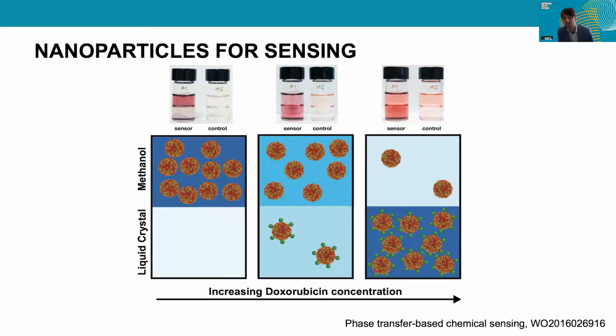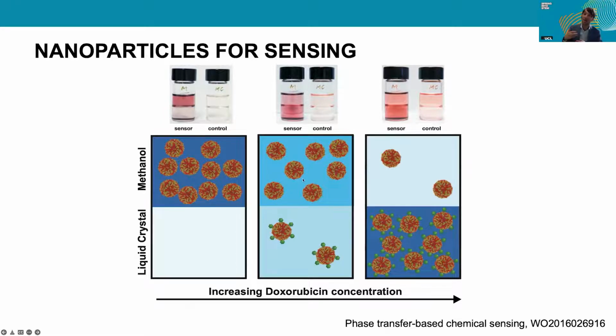We were designing nanoparticles that, when they had none of that drug, in this case doxorubicin, associated around them, they would be soluble in one liquid. And then we trained these nanoparticles with receptors such that they would be selective for this type of chemotherapy drug, for doxorubicin. So if doxorubicin was present, the particles would bind it. And once they bound the drug, they would then go into the complementary liquid. They would undergo a phase transfer. And this is shown here with some images and here on the cartoon.